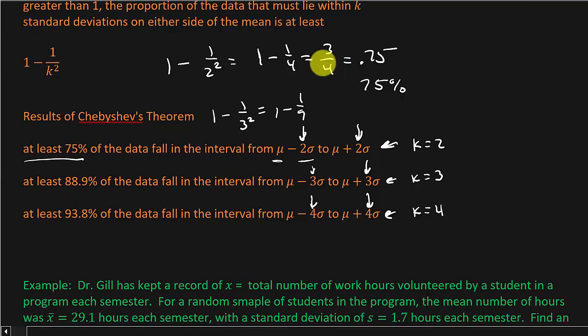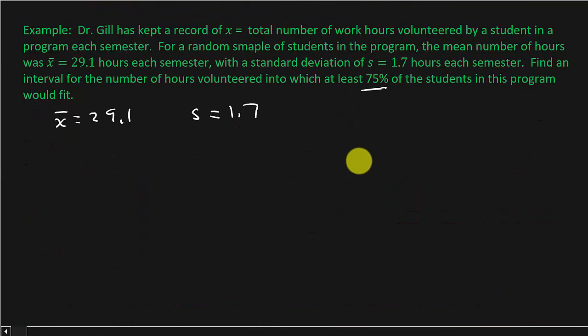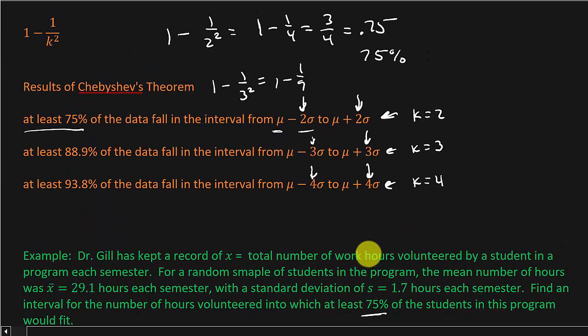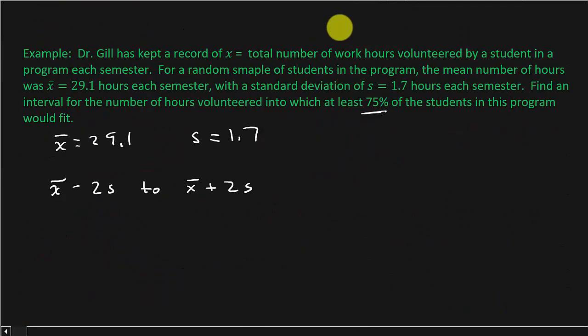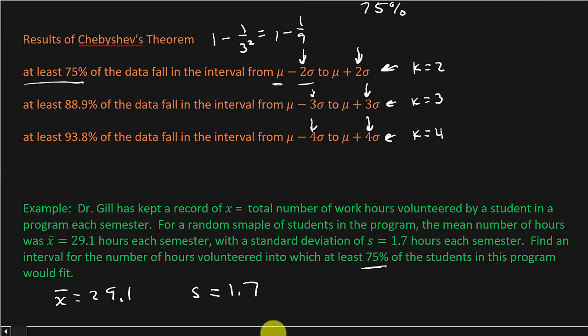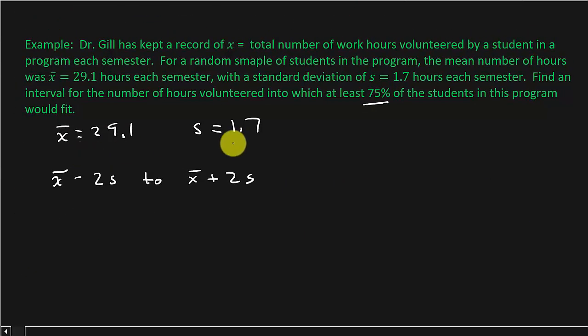And for this problem, we're dealing with the sample. So x bar minus 2s to x bar plus 2s. Now I know you're thinking, well, up here you got mu and sigma. Why are you using x bar and s? Well, this right here was based on population mean and population standard deviation. It's going to be the same thing. We just have a sample. We have x bar and s instead because this is for a random